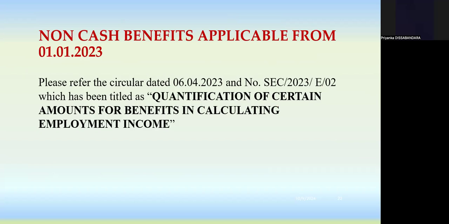For that kind of income, we should have a value for the calculation of the tax. So we need a value. We should have a specific value for the inclusion of the employment income. For that purpose, we have issued a circular. The circular is